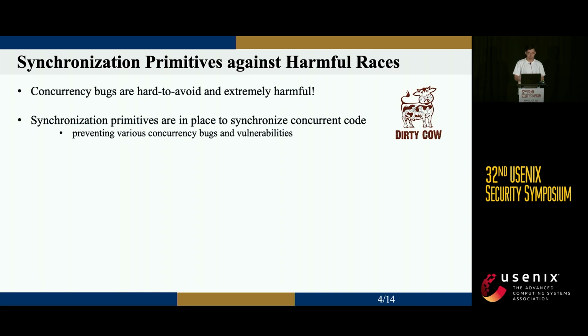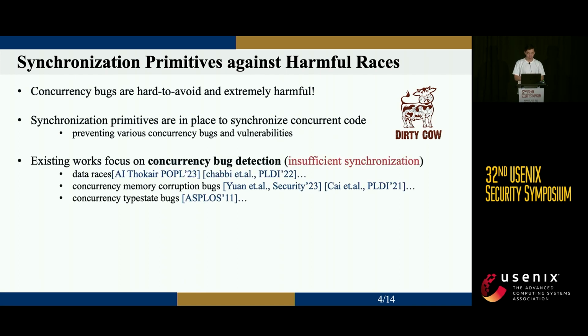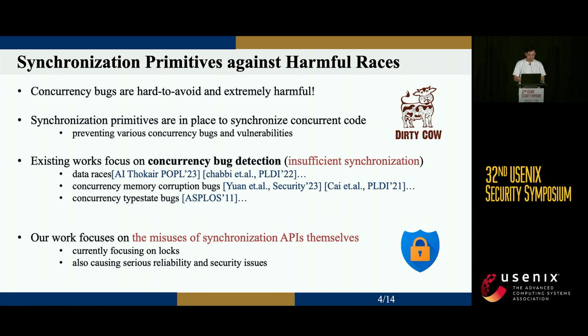Synchronization primitives are commonly in place to synchronize concurrent code so as to prevent various kinds of concurrency bugs and vulnerabilities. Existing work focuses on detecting concurrency bugs, especially those induced by insufficient synchronization, such as data races, memory corruption bugs, and typestate bugs. Unfortunately, less attention has been paid to the use of the synchronization APIs themselves. Specifically, we focus on the lock API, which, as we know, is often undisciplined and can cause serious reliability and